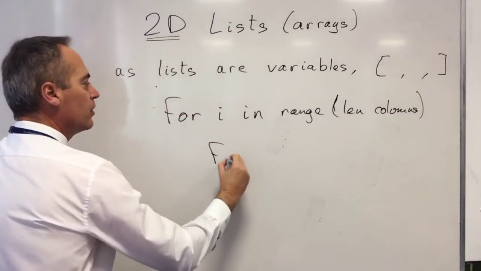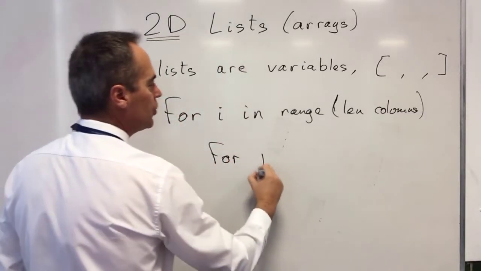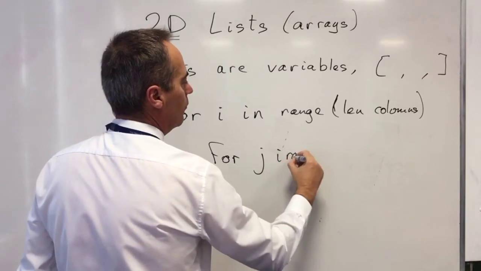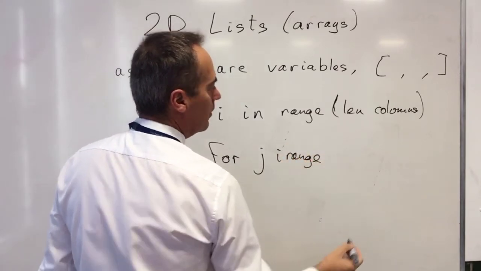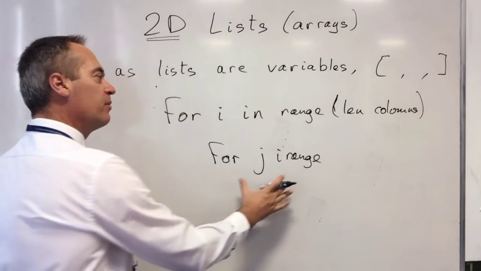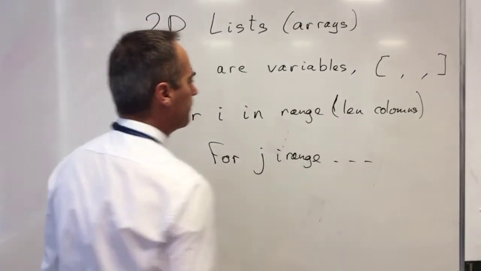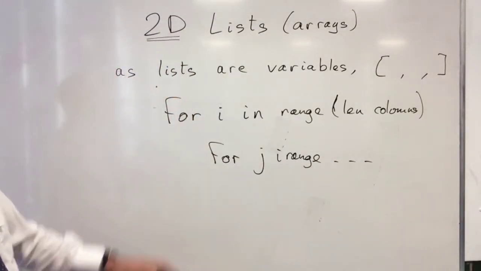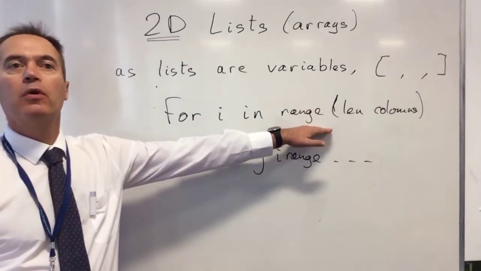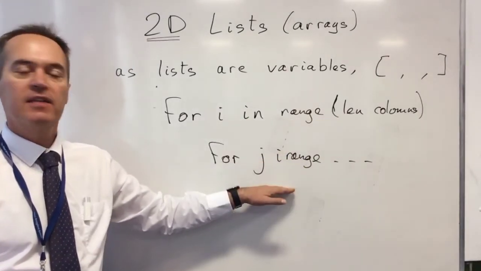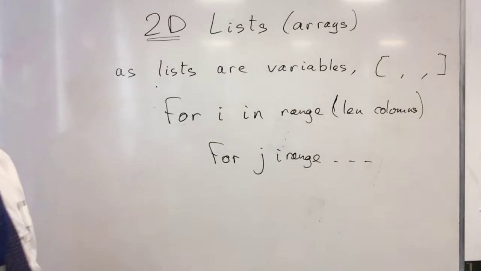And then here you're going to have for j in range. When you do something like this, again, be careful you go, in this case, across first and then down, but there's nothing stopping you giving this